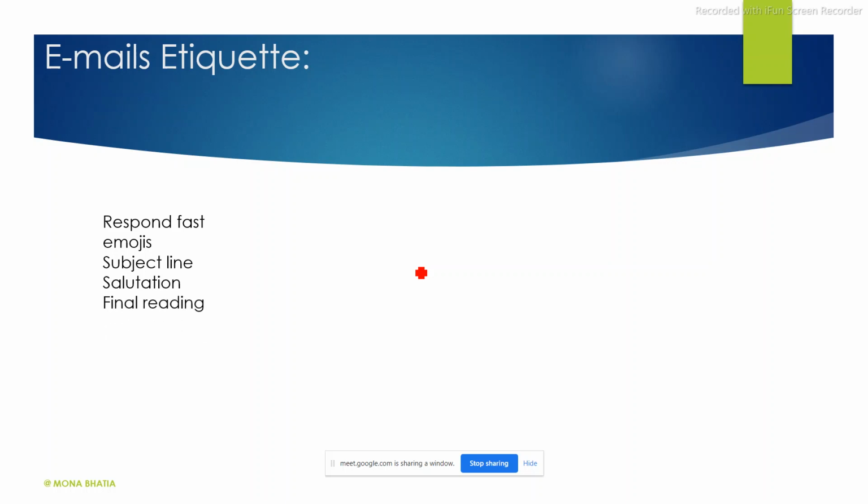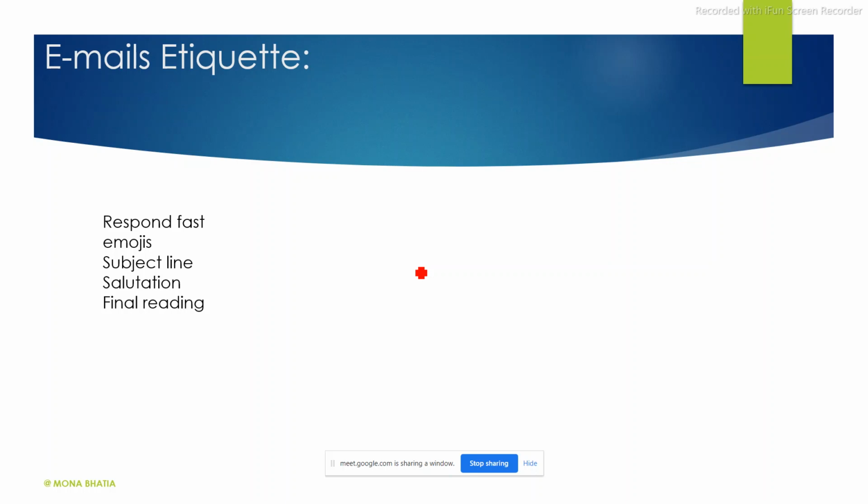Okay, now let's go to the next point, which is called final reading. Before sending the email, before hitting the send button, please go through the email one more time, because there are certain mistakes that may happen while you are writing. May not be intentional, sometimes some spelling mistakes, and sometimes, and it happens with me a lot of time, like when I'm writing an email, my mind is working very fast, and I think that I have written that word, but that word is skipped.